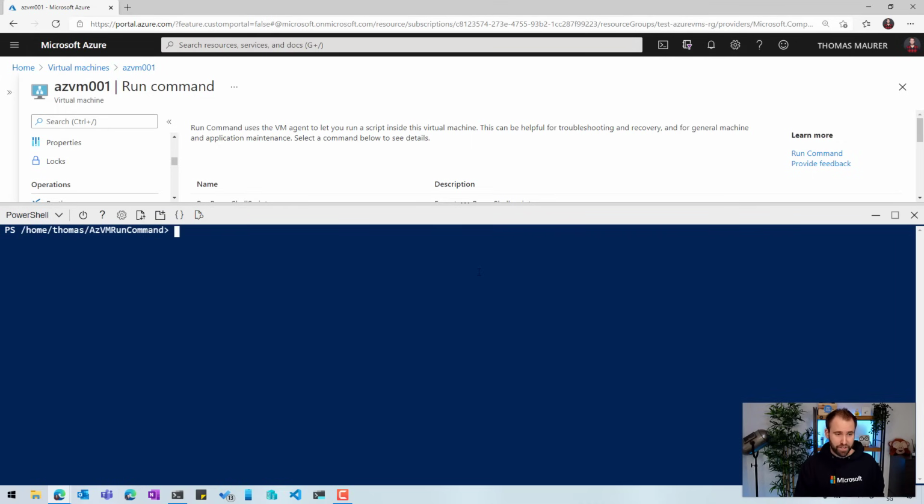So to run that, we have a simple command called Invoke-AzVMRunCommand. And what we need to do is define a resource group name. So this VM we just saw is basically in the test Azure VMs resource group. We also obviously need to add the name of the virtual machine. So this one is the AZVM001. And then we need to do some additional things. We need to define what actual command we want to run. So we have the command ID, which is